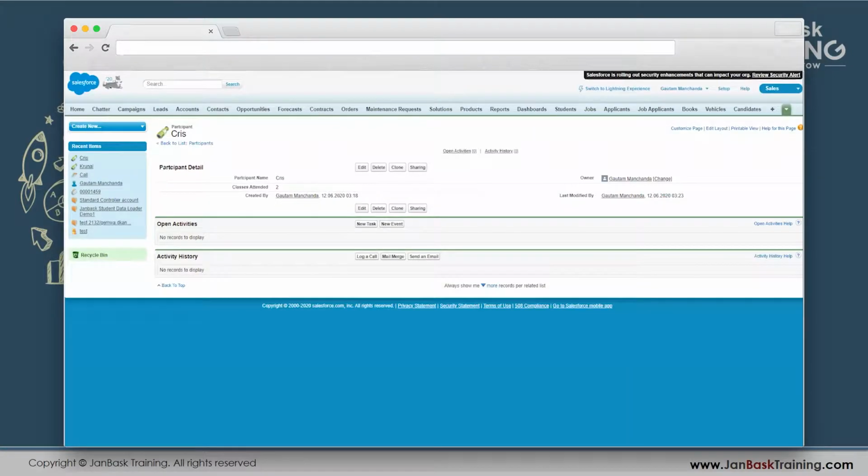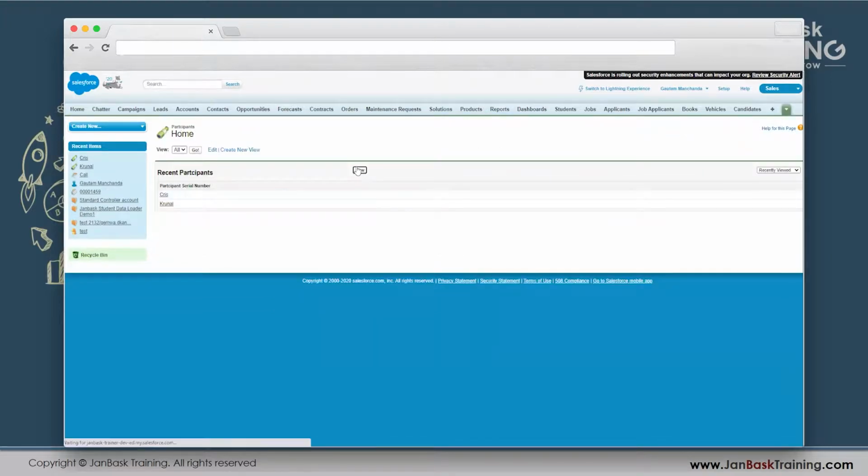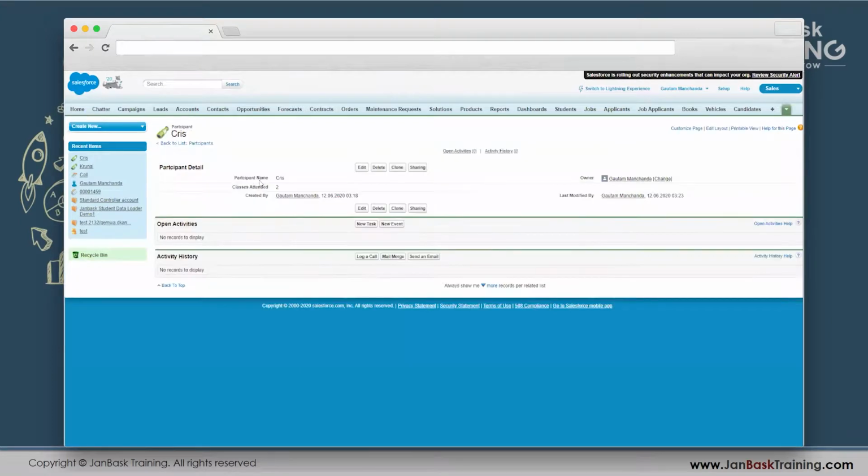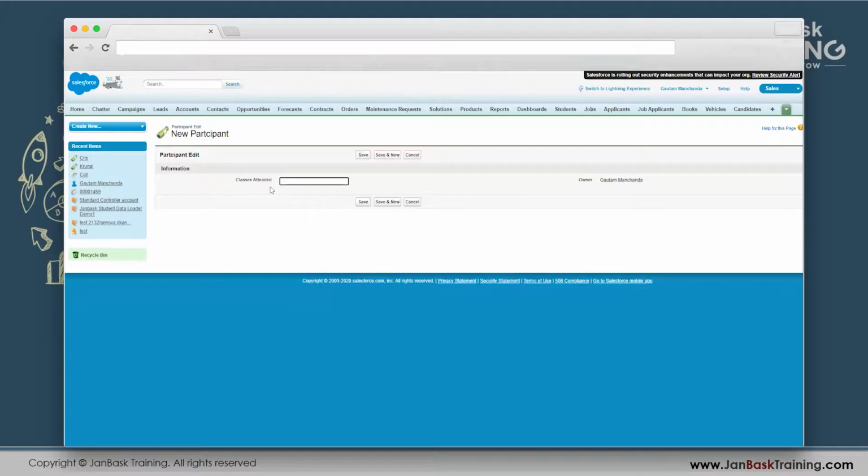So now we have made a slight change, and to view that slight change, I will open participants in another tab and I create a new record this time. You see the name field is missing this time. Earlier there was a participant name that I entered and the classes attended, but now that name field is not here. Now it's only classes attended. This is again something I don't want. I definitely want to capture the name over here.